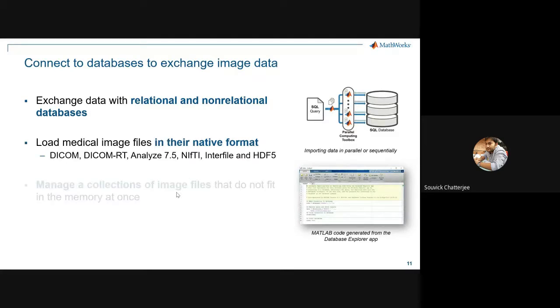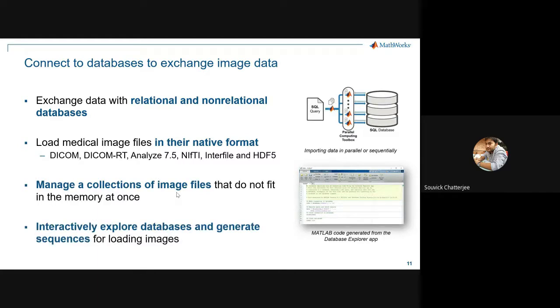So there are ways to read these images and work with them in a memory-efficient way. In the medical sector, we can load different types of medical images, starting from DICOM. We will talk about it in our Friday event. But in general, all these different types of images can be taken into MATLAB.